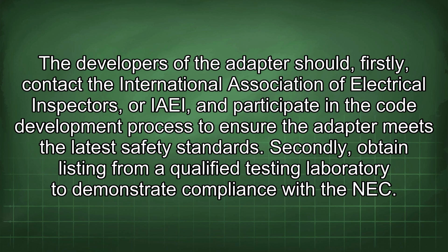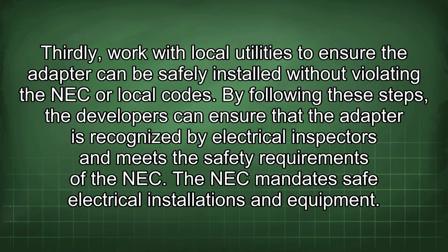The developers of the adapter should, firstly, contact the International Association of Electrical Inspectors, or IAEI, and participate in the code development process to ensure the adapter meets the latest safety standards. Secondly, obtain listing from a qualified testing laboratory to demonstrate compliance with the NEC. Thirdly, work with local utilities to ensure the adapter can be safely installed without violating the NEC or local codes. By following these steps, the developers can ensure that the adapter is recognized by electrical inspectors and meets the safety